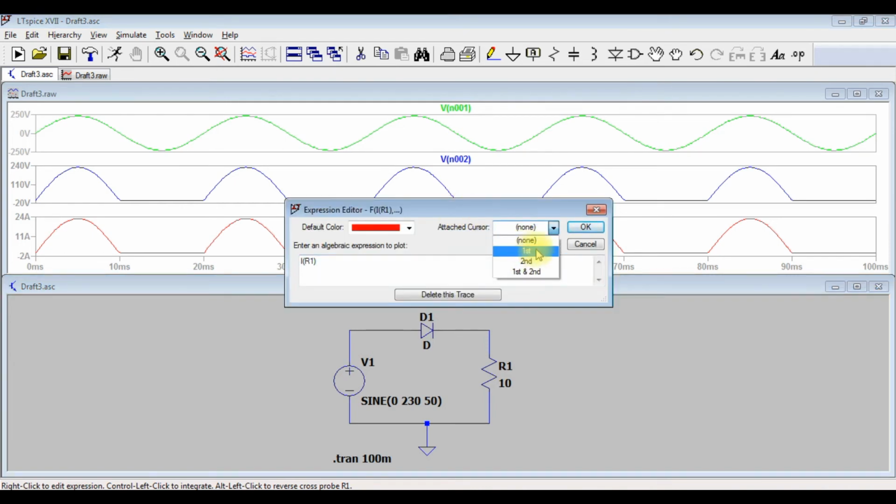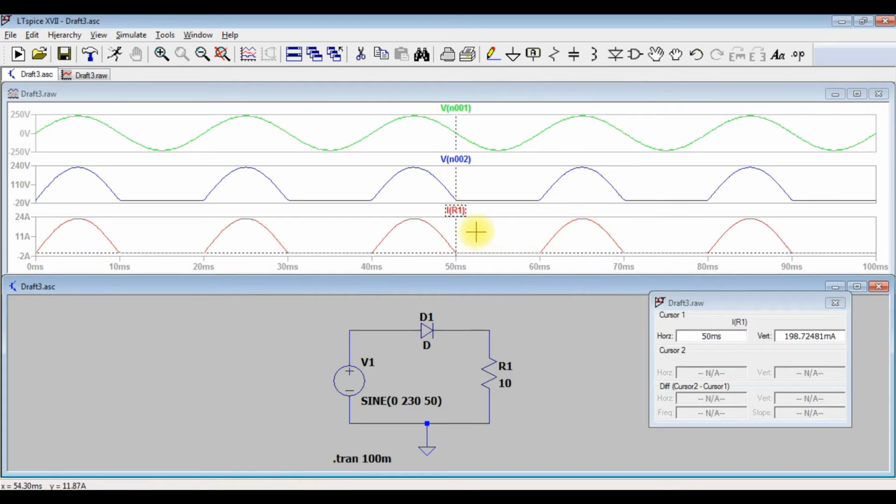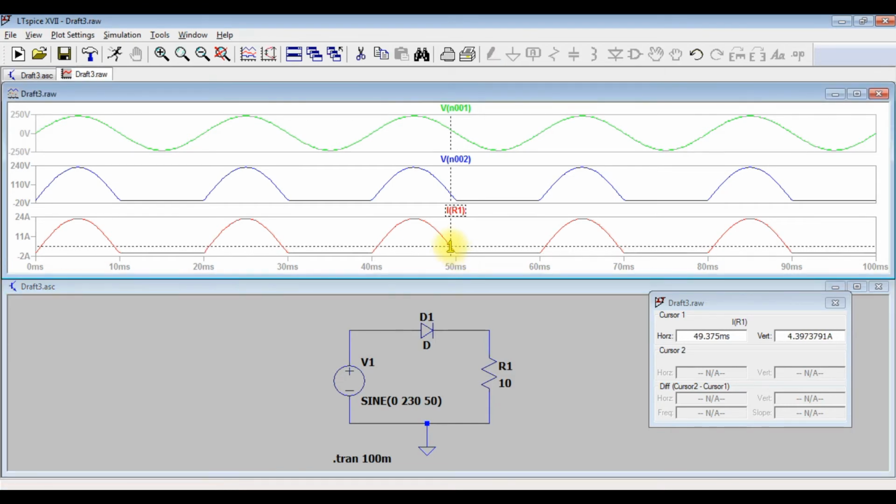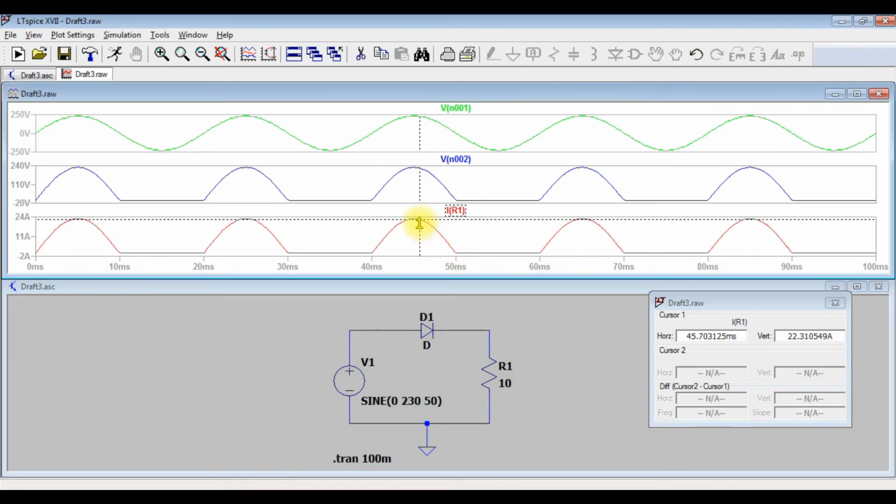So I select the first cursor here. I have selected the first cursor, click OK. Now it will show the points on the X and Y axis. This is the first cursor, right? Click, hold and drag. So I am at this point. For example, when you are coming to this point here, the first positive half cycle is between 0 to 10 millisecond. That means the peak will occur at 5 millisecond. You can have a look at the window here.